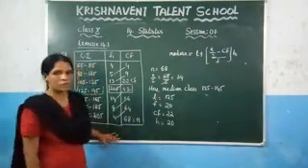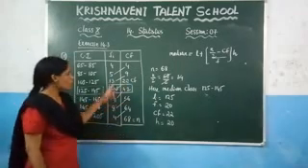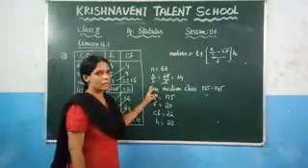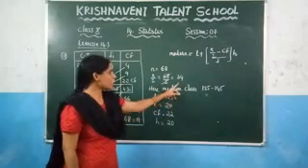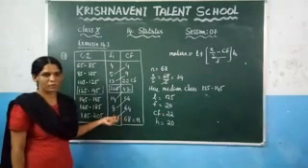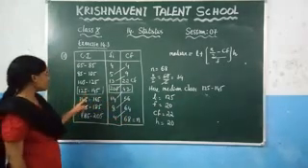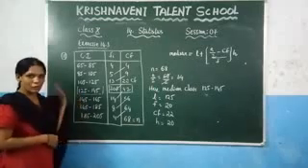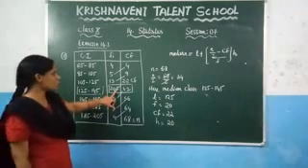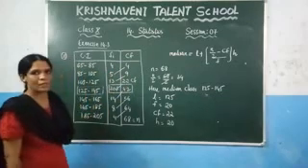Again, if you want to find the median, what do we need to do? First you need to write the cumulative frequencies by adding the sum of the above frequencies, and after that you need to check the value of n by 2 and find which range between the frequency and the cumulative frequency this value lies in. The corresponding class interval will be the median class. In that, the lower limit will be the lower boundary of the median class. F is the frequency of the median class, CF is the cumulative frequency of the class preceding the median class, and H is nothing but the class size.